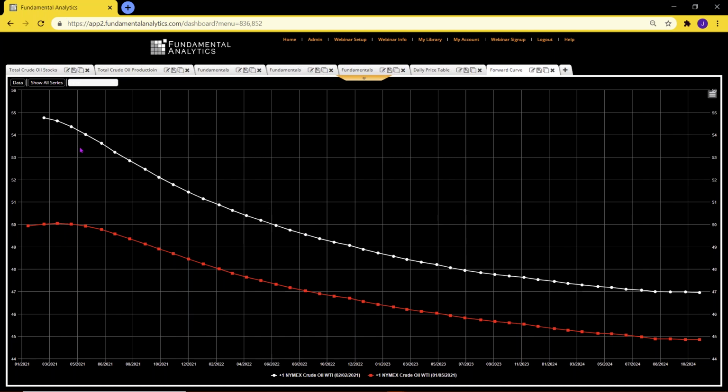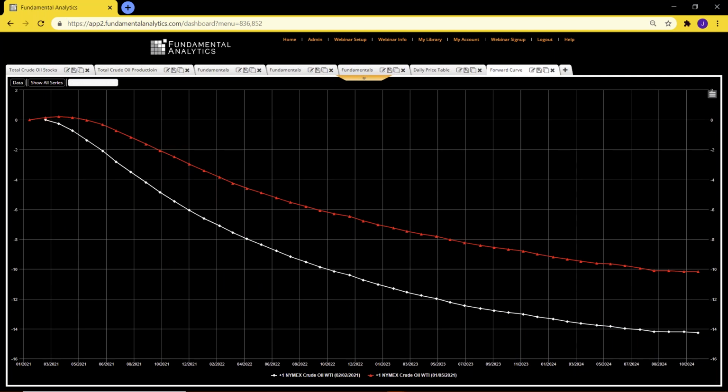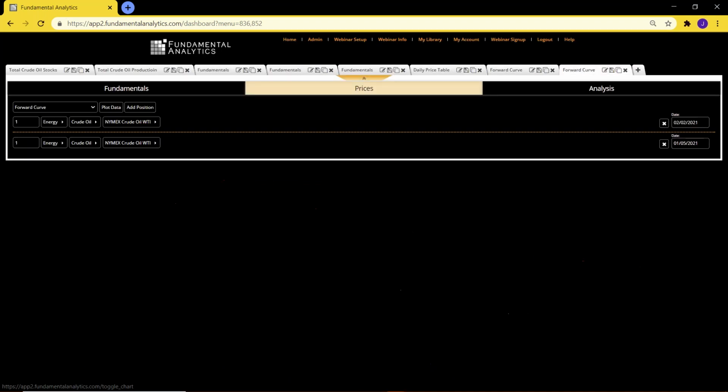Now, they're starting at different levels and different prices, but what we can do also here is to compare them under a structural basis, where I click cumulative return, which is on a percent change. So it's showing again that here the current forward curve is steeper than it was a month ago because of this increasing demand and higher prices. So it's bidding up the front, and we have a steeper backwardated market. I'll duplicate this, go to my next tab.